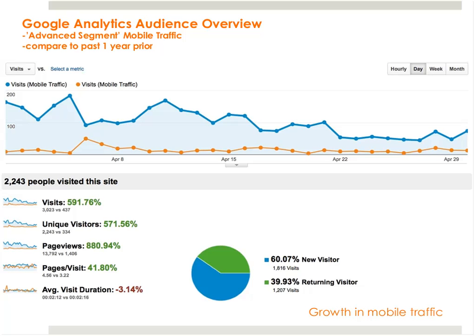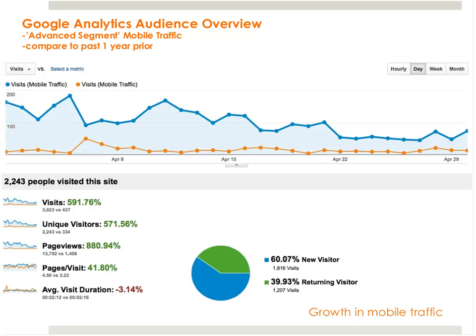So in terms of the source of your mobile traffic, I've erased a couple of things in this report so you couldn't see the detail, but basically what you do is go into the mobile overview report, and what I did was select secondary dimension source, and then it shows you in decreasing order the most common traffic sources for your site, and then it says whether they're mobile or not.